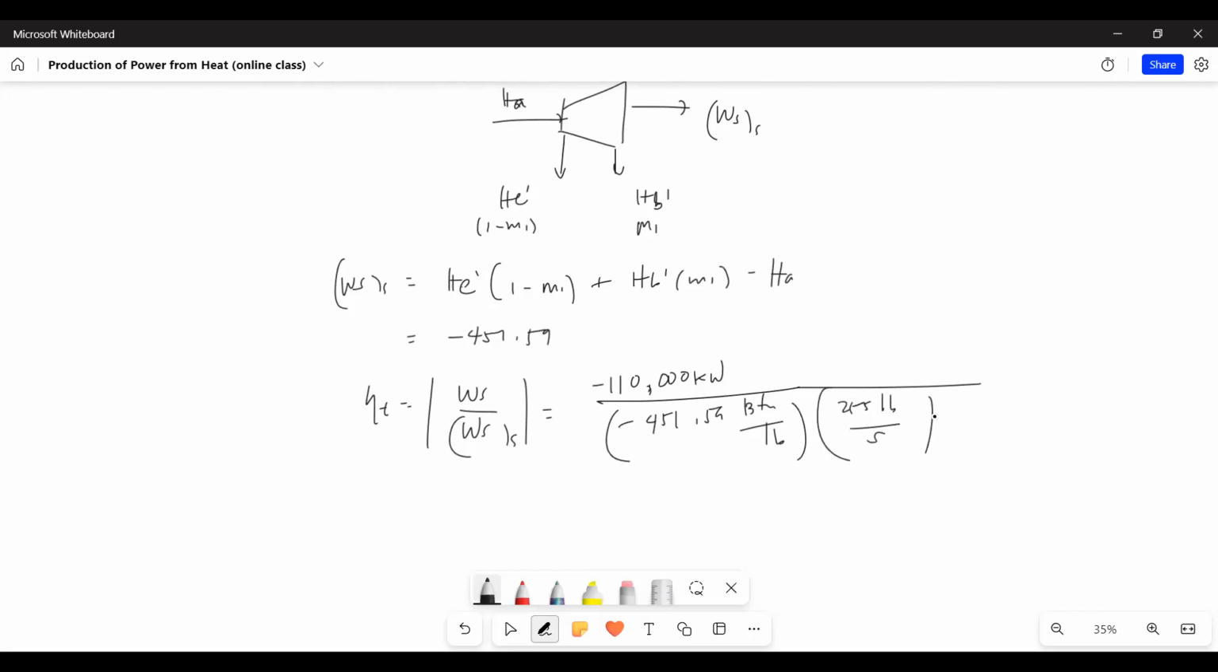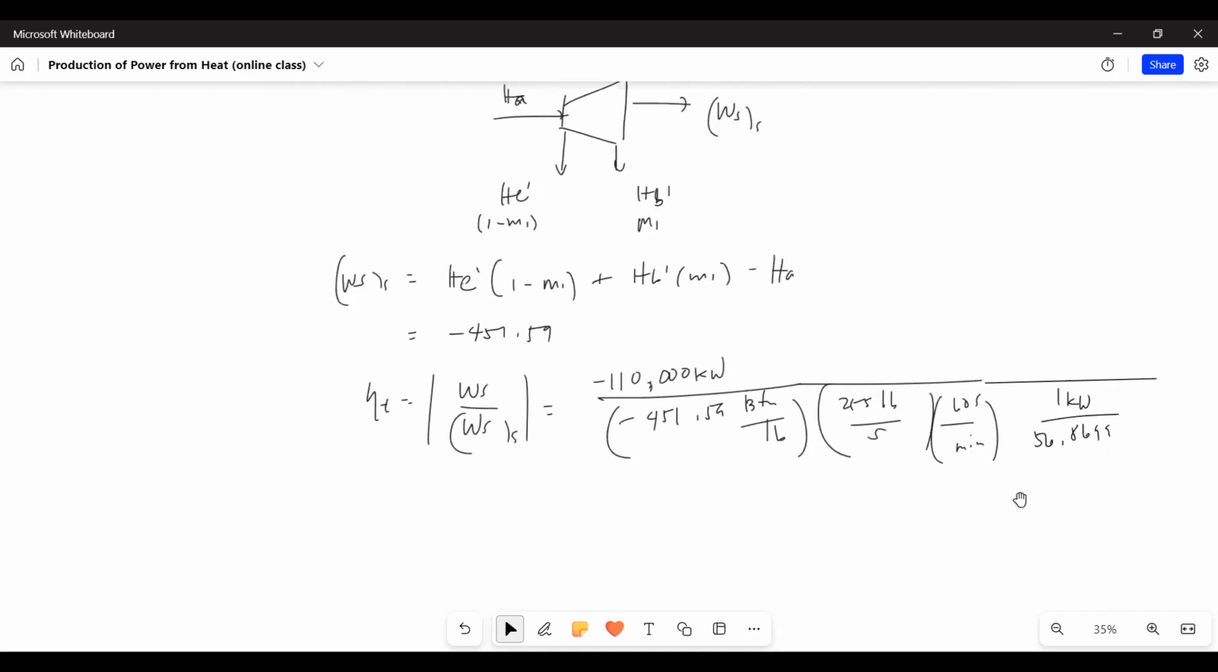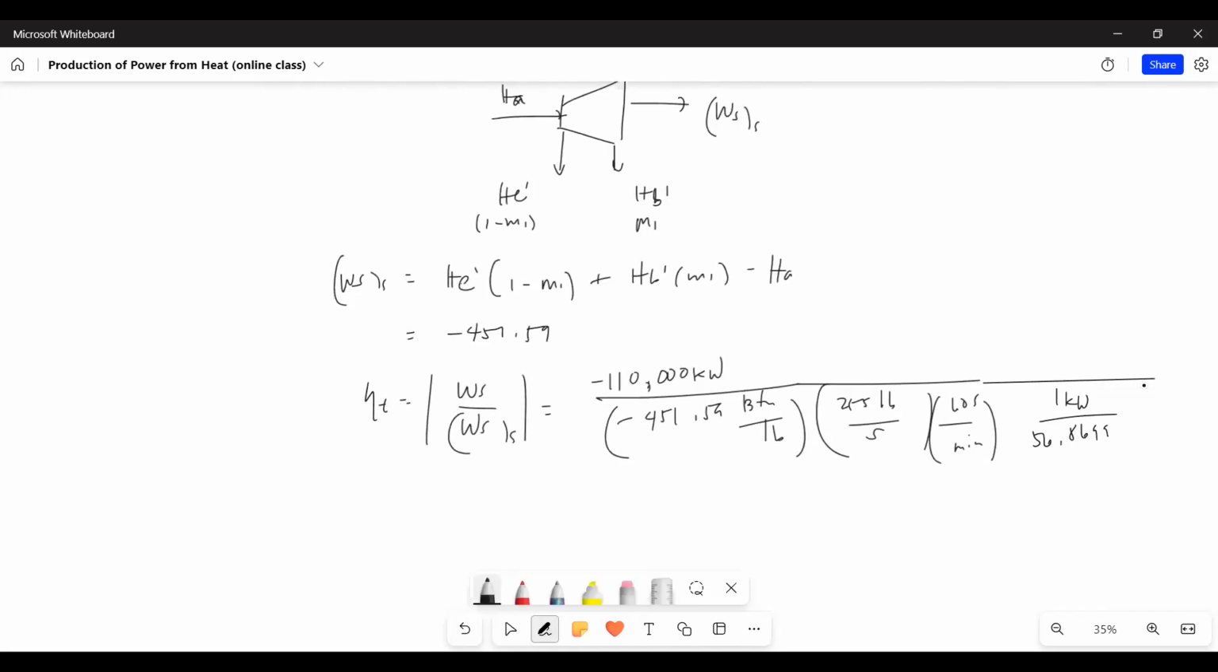Then convert 60 seconds per minute, which also depends on the conversion factor you want. What I used, 1 kilowatt is 56.8699 BTU per minute. So it depends on what conversion factor you have. So, times 100,